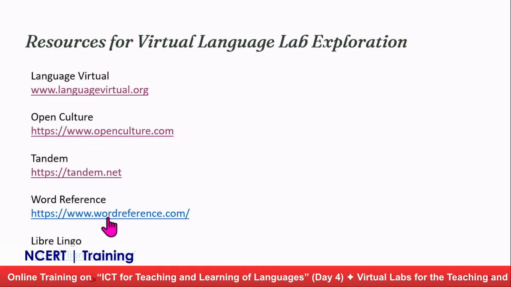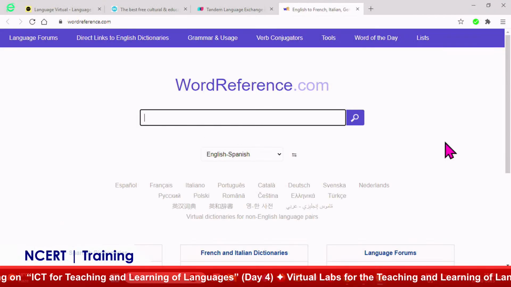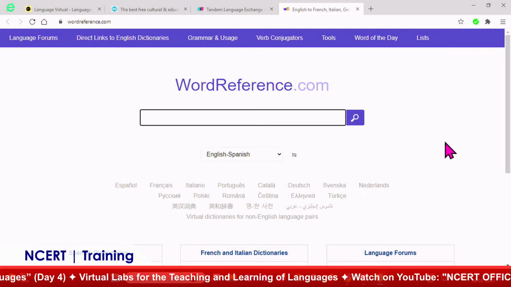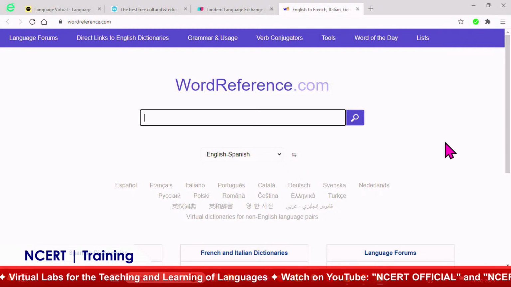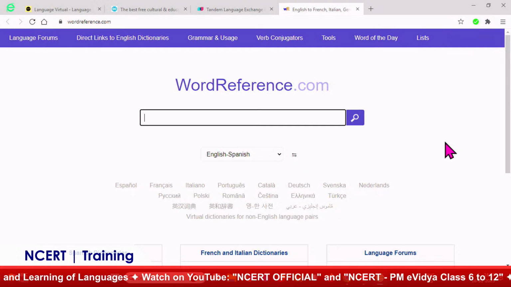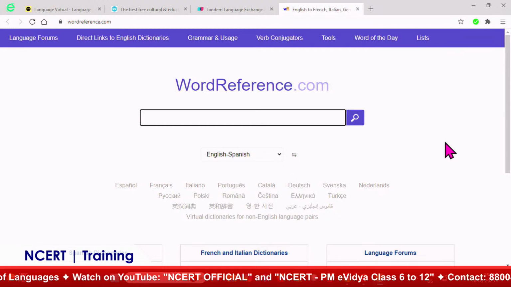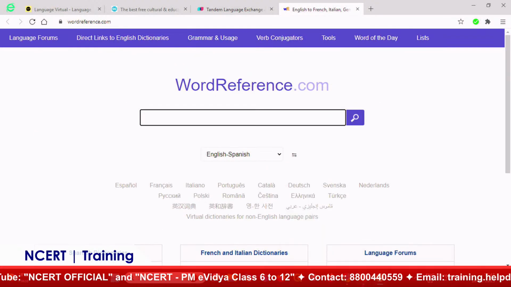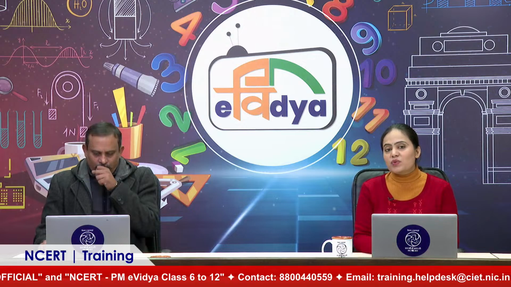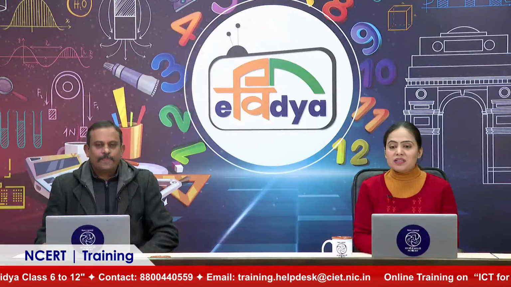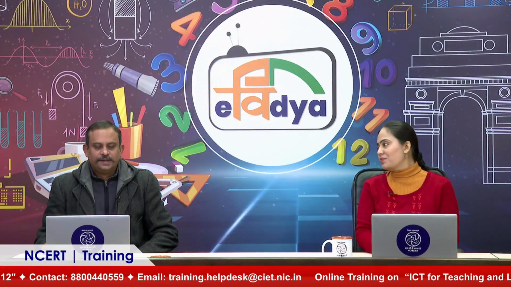Yeah. There's something called Word Reference, which has all kinds of grammar related material. As the name suggests, of course, it's about vocabulary, and there are links to different kinds of dictionaries, but there's also usage, grammar, syntax, different kinds of tools, and different language dictionaries, not just English. Right, because sometimes even in the English language, we get Mexican words, French words, Spanish words, and we do not pronounce them correctly. So I think this is quite a unique website and very useful for the same.